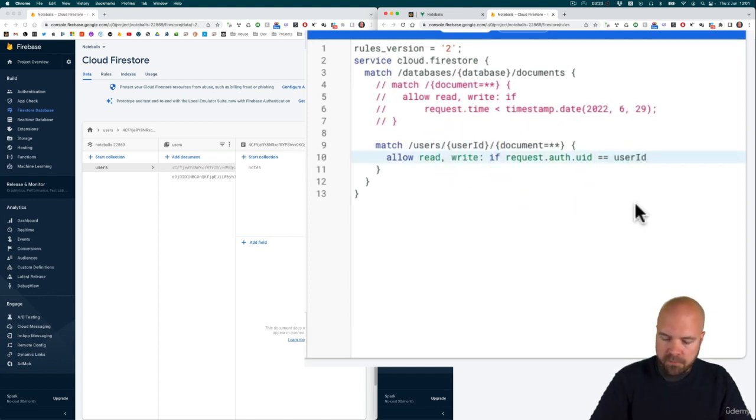And we just want to finish this off with a semicolon. Okay, so let's just go over what's happening here. So let's say a user tries to write a document underneath the path users and then this ID here. Well, that request is going to be caught by this match statement, and then we're going to allow that request,